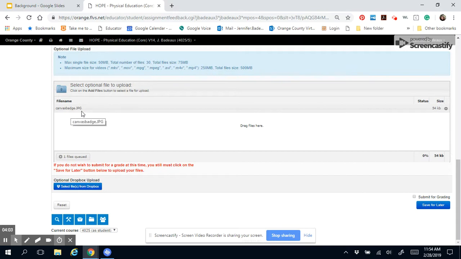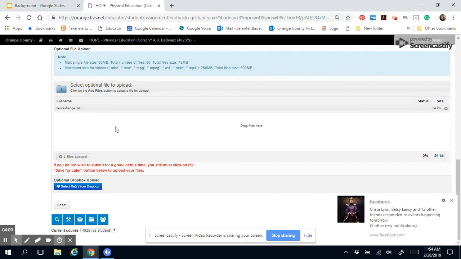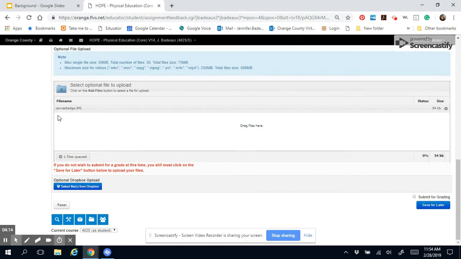You always want to make sure that that file is there. I often get assignments where the file is not attached, and I send it back saying, hey, make sure you upload your assignment. So this is an easy way to do so. All right. So here we have Canvas Badge is uploaded, one file is queued, and down here, super, super important,